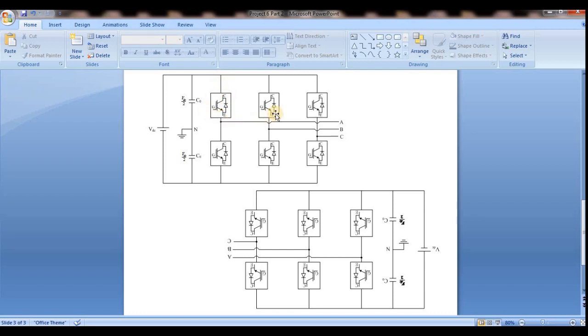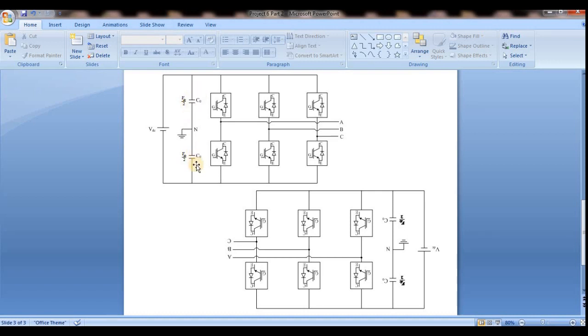So the switches which I am using have to be able to switch off when I remove the pulses, such as MOSFETs or IGBTs or GTOs. Those switches are required to design my inverter. In case of inductive load, it can be discharged through these diodes. See, diodes are there in upward direction, so these diodes can discharge. These types of configurations will be used in PV system based power system models, and wind based or FACTS devices also.